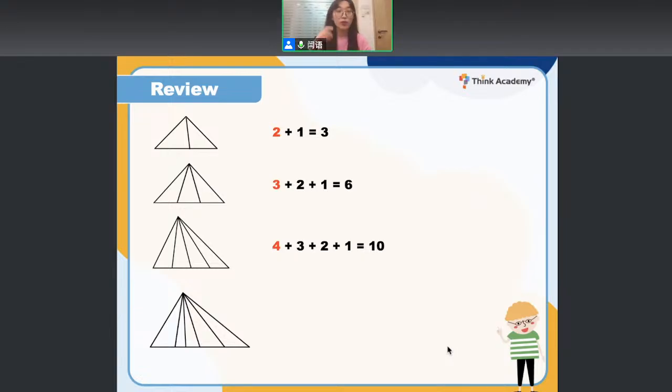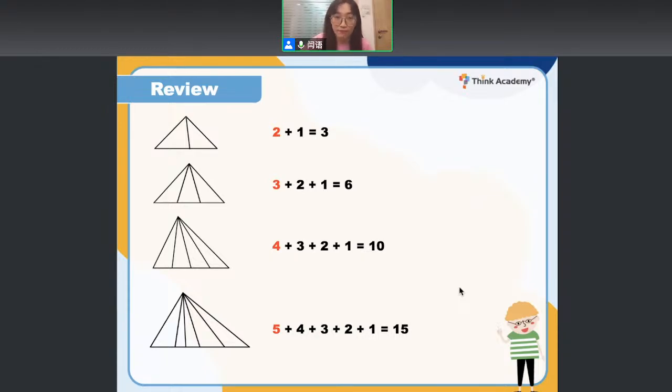I think maybe you can find the pattern. You see, originally that is 2 plus 1, and then 3 plus 2 plus 1, and then 4 plus 3 plus 2 plus 1. And what about the next one? Exactly, everyone. So here you see that is a 5 plus 4 plus 3 plus 2 plus 1 equals to